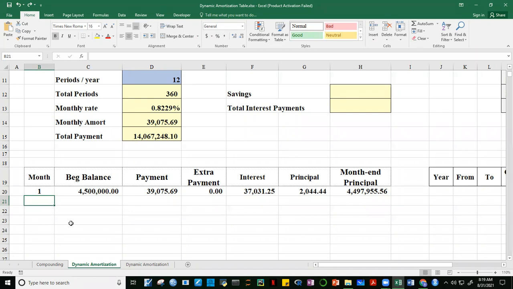Sasabihin natin kay Excel, lagyan na dito ng susunod na month kung meron pa. Kasi kunyari kung umabot na ng 360 sa baba. So dapat may dalawa tayong conditions sa ilalagay. Ano yung condition na yun? Okay, so lagyan natin na is equal to